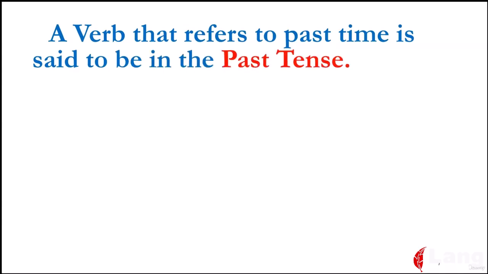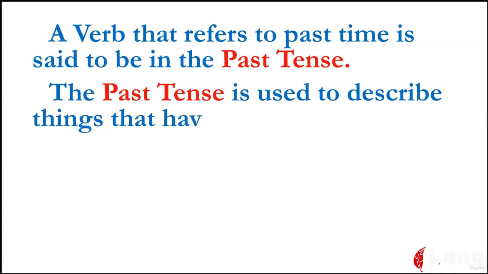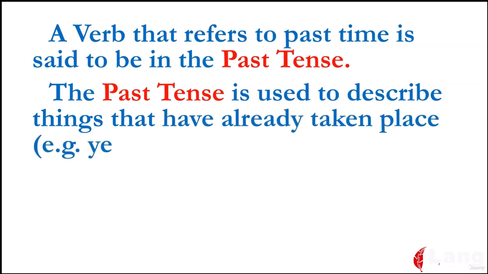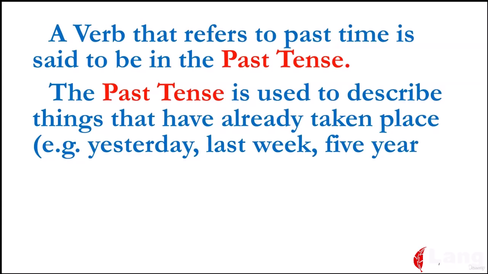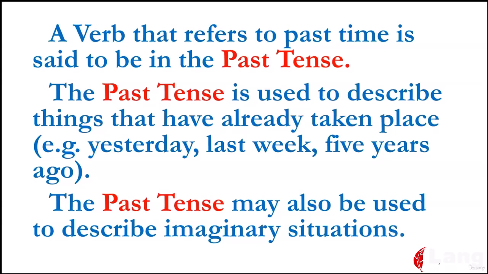A verb that refers to past time is said to be in the past tense. The past tense is used to describe things that have already taken place. For example, yesterday, last week, 5 years ago, 10 years ago, etc. The past tense may also be used to describe imaginary situations. Examples: